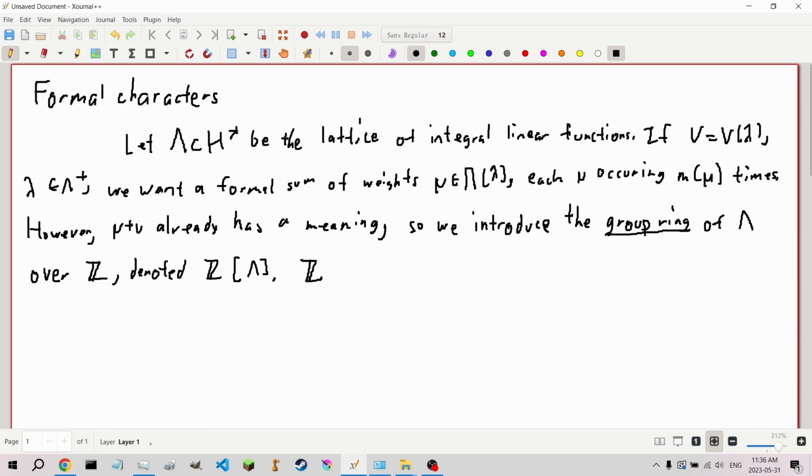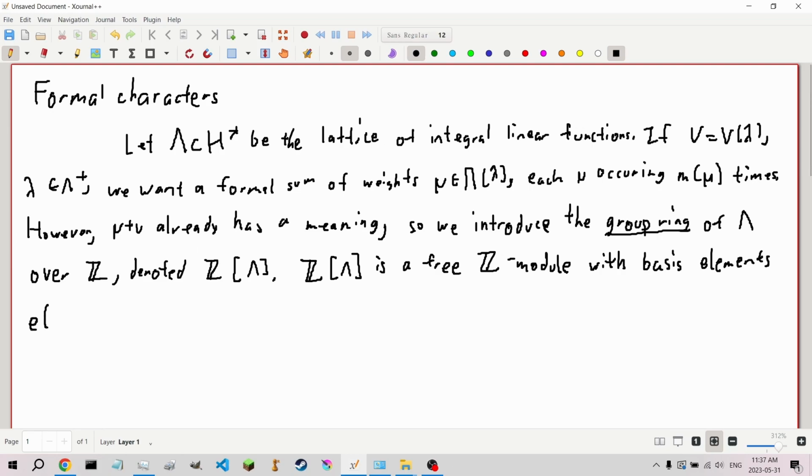And this Z lambda is a free integer module with basis elements which we label E of lambda, in, of course, a one-to-one correspondence with the elements lambda in lambda,